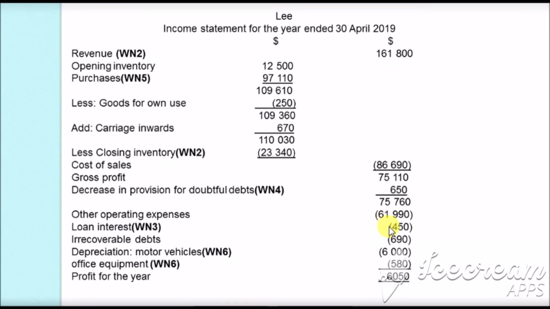$61,990. Then we will subtract the interest on loan which was calculated in the third working notes. Then we will subtract the irrecoverable debts which were given as $690. Then we will subtract the depreciation on motor vehicle which was calculated in the sixth working notes as $6,000. Then we will subtract the depreciation on office equipment which was also calculated in the sixth working notes. After doing this, we will get the profit for the year as